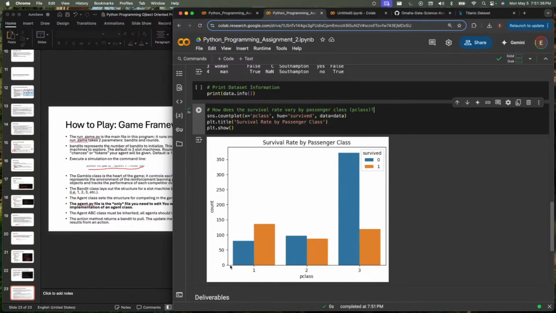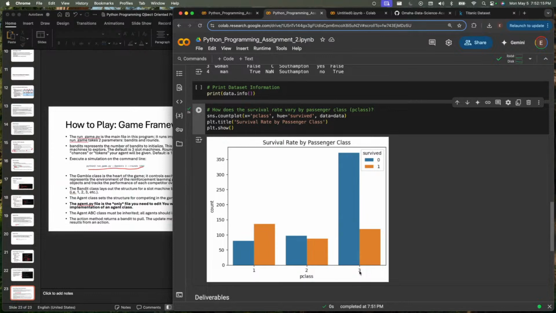So if P class is 1, we can see that there's a slight disparity for people of 1 to have survived, to be more likely to survive compared to 2. We pop to 2 here for P class. It's almost equal. It's like a coin toss, whether you're going to survive or not if you are in P class 1, or P class 2. But if we look at P class 1, you're much more likely to survive.